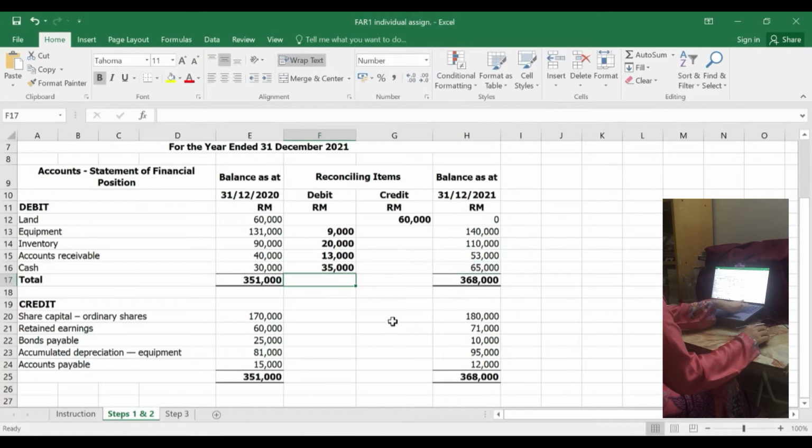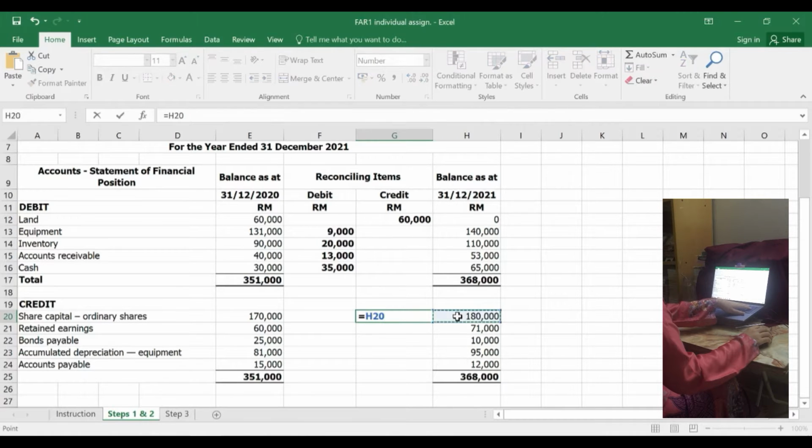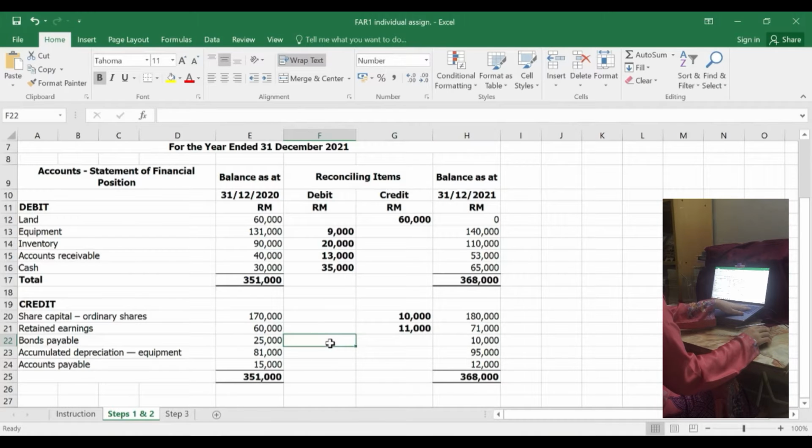35,000. As for the liabilities and equities part, the share capital has increased from 170,000 to 180,000 with an increasement of 10,000. Next, the retained earnings also increased from 60,000 to 71,000 with an increasement of 11,000. However, for the bond payables, the bond payables has decreased from 25,000 to 10,000 with an decreasement of